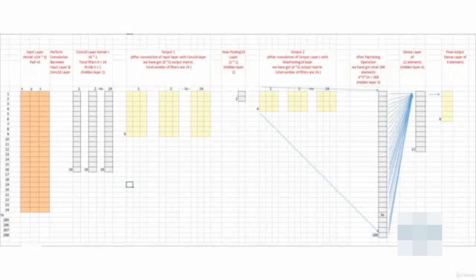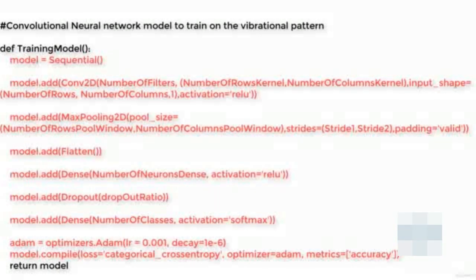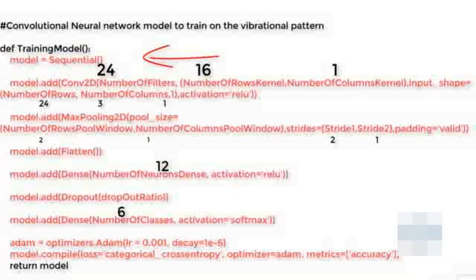Let's see how we can implement it using the Keras APIs in Python code. So here we have defined the function for our model as a training model. A sequential model is created, named model. Sequential is just short for a sequence of layers. The next step is to add layers to this model with all the expected parameters. The first layer is